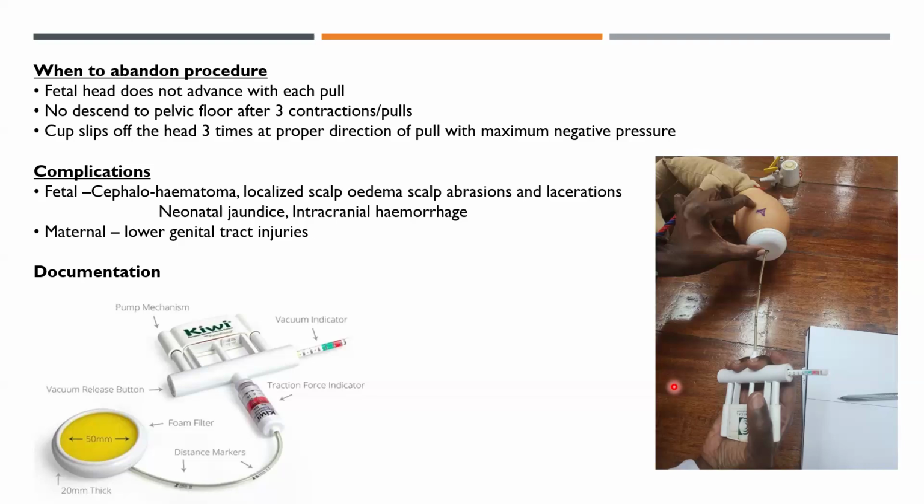So you have a diagram over here to explain. This is how we are saying we hold it with 2 fingers. And then this is the Kiwi, it has to be perpendicular. Pressure is given by pressing this. So you press that, create a pressure, create the vacuum. The parts of it: this is the suction cup, these are the distance markers, you have your vacuum indicator, and then the release button is at the other end, the bottom here. Okay.